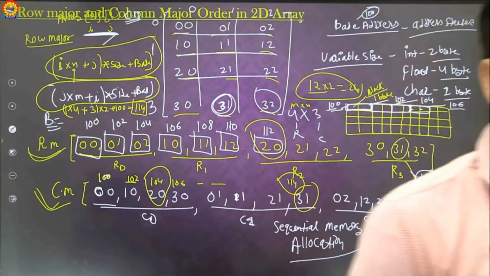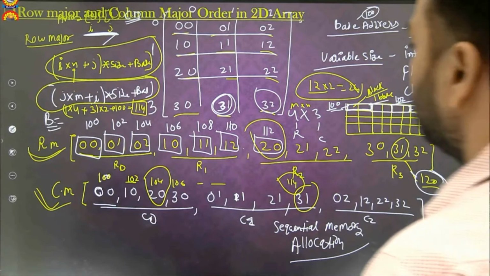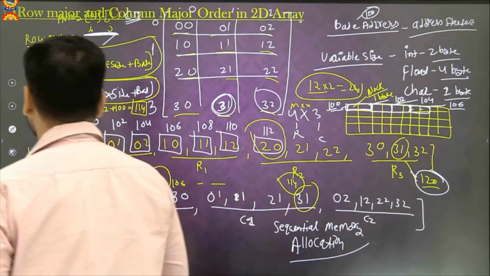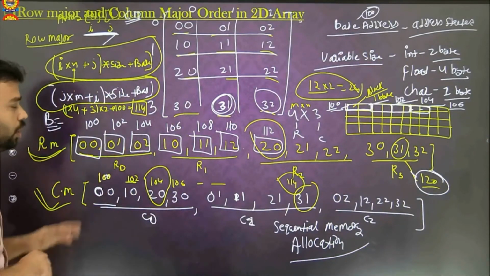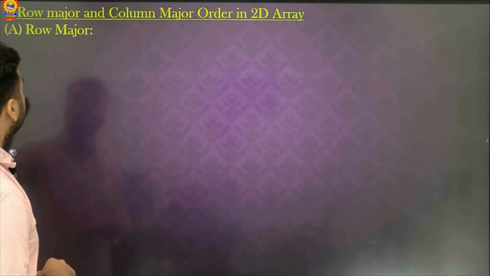Okay, somebody also replied. Vedai: J into N plus I. Rahul Kumar: J into M. Bilkul Rahul, your answer is correct. Rahul, your answer is correct: J into M plus I plus base size and all. Okay, I hope you understand this concept. I just remove it and move to the slide.